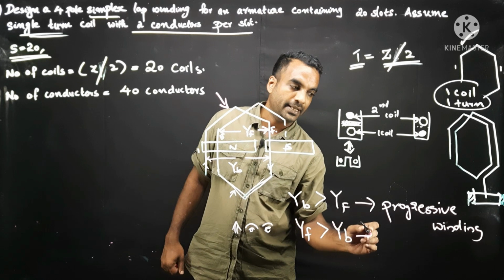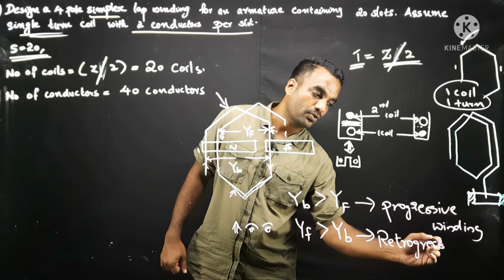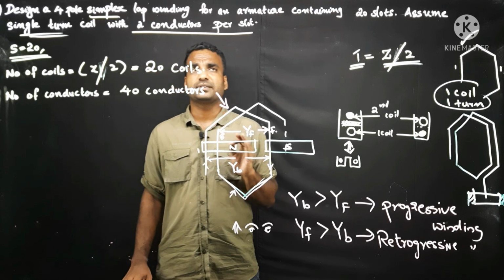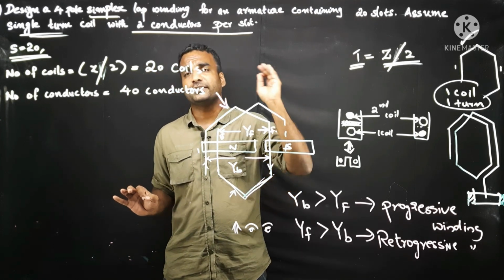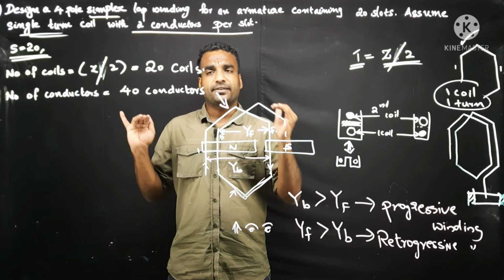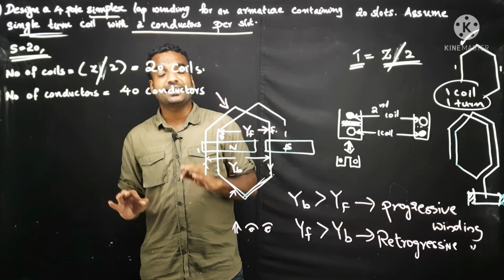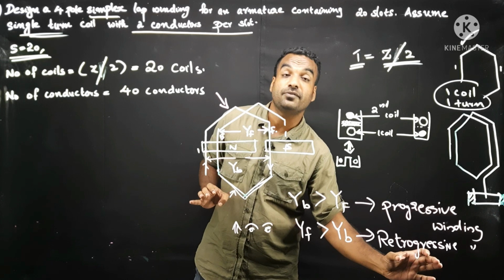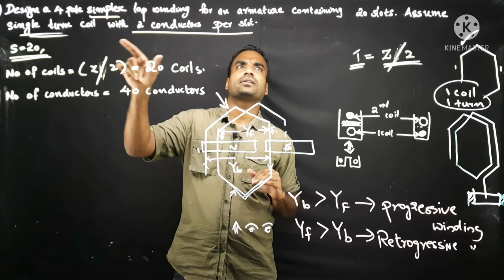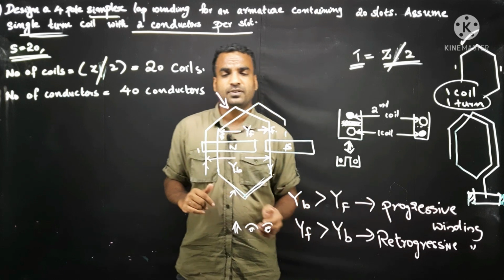and that winding is known as retrogressive winding. Generally, in your exams, they will not specify whether it is progressive or retrogressive. All the windings that you may have to come across are generally progressive type winding. Suppose in the exam, if they mention retrogressive, you have to take another calculation. Generally, they will not mention anything like progressive or retrogressive, so that will be progressive.